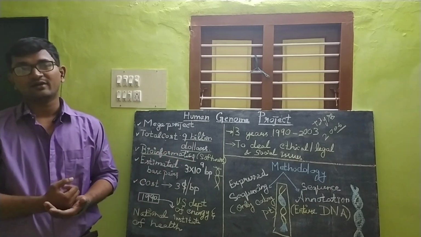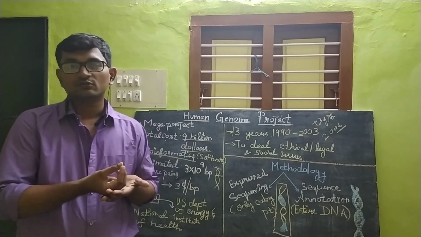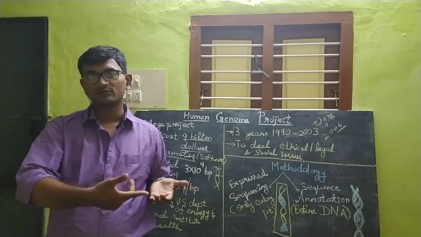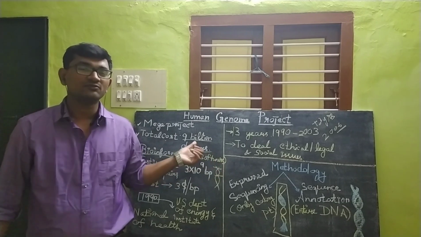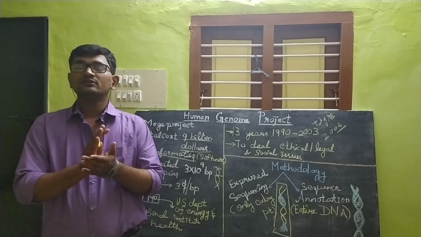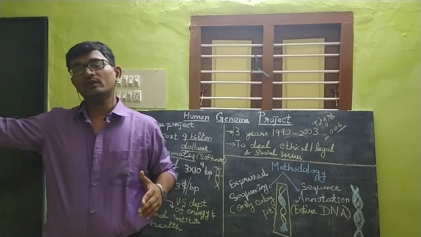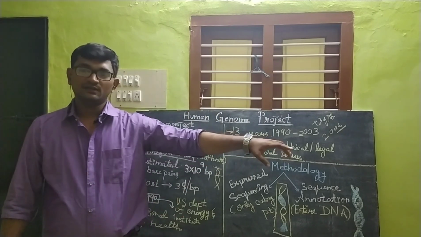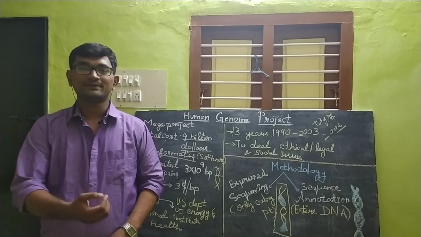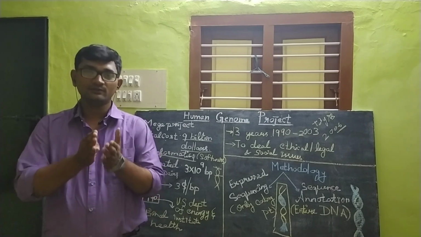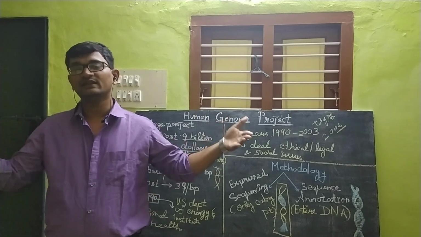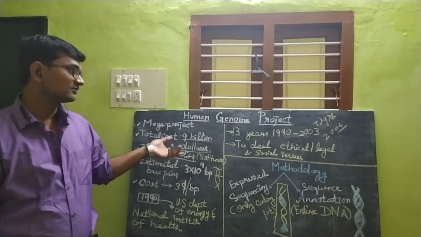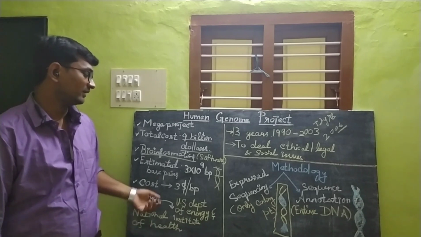So what is the software? Why do they have to store the data used in the Human Genome Project, and where do they store it? They are storing it in software called bioinformatics. In the olden days, it was more convenient to store data either in a file or a notebook, but in the present days it is not possible. When you start analyzing larger and larger data, you need to take up software. The software used in the Human Genome Project is bioinformatics.